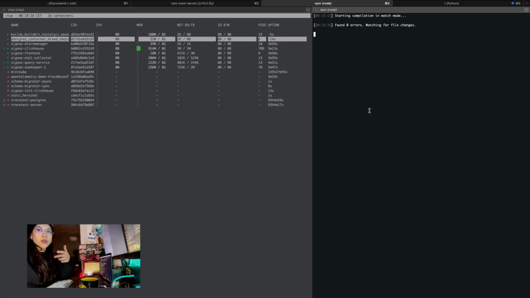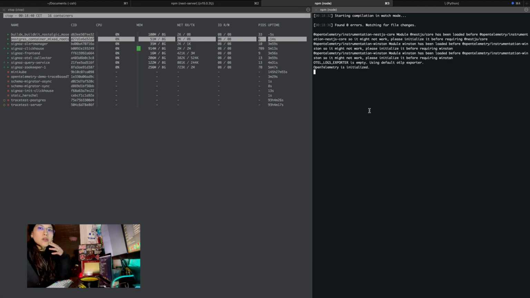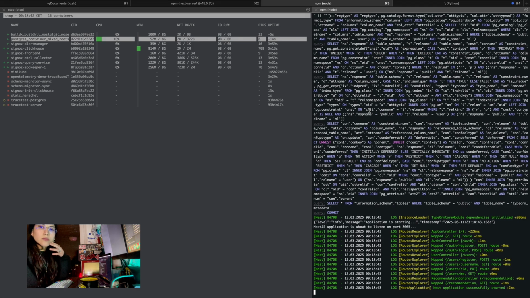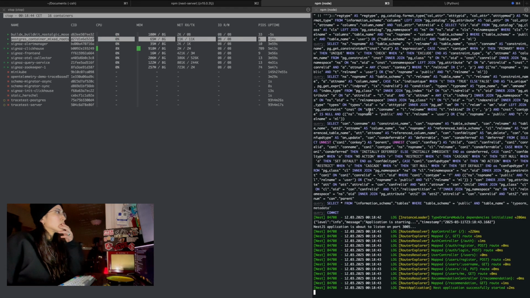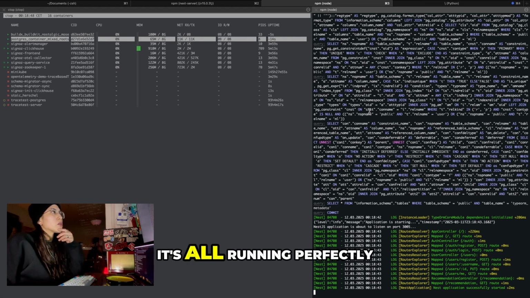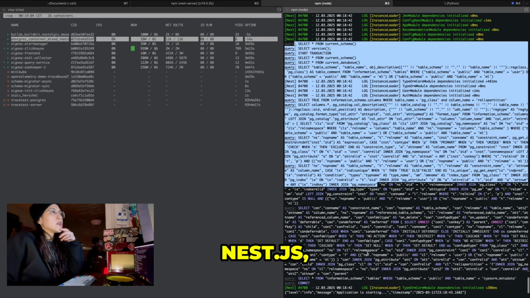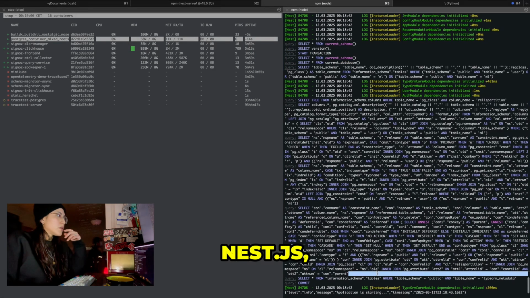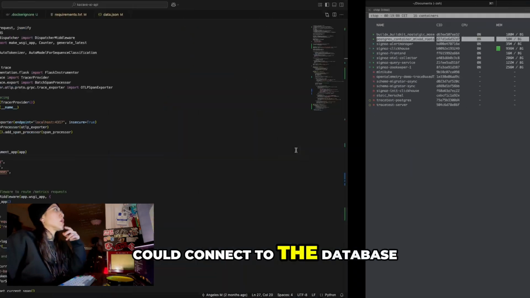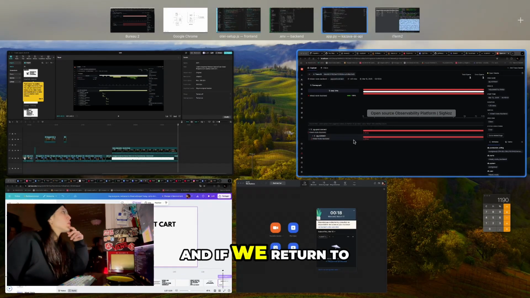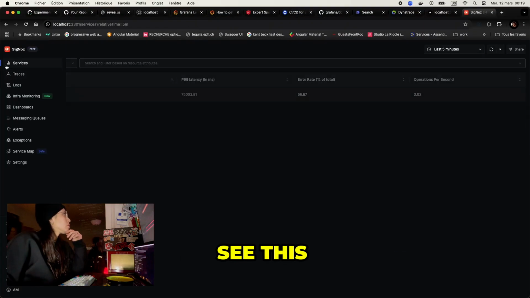We're going to run it again, and here you see that it's all running perfectly. The Nest.js could connect to the database, and if we return to SigNoz,